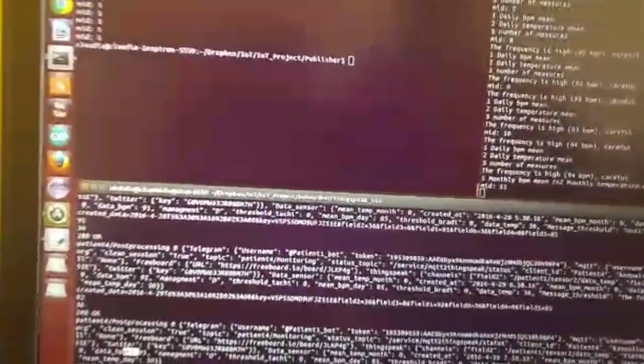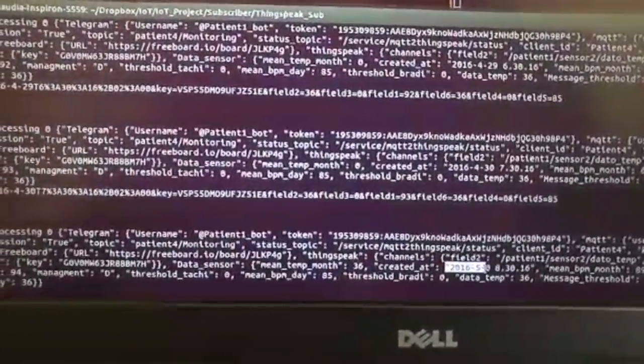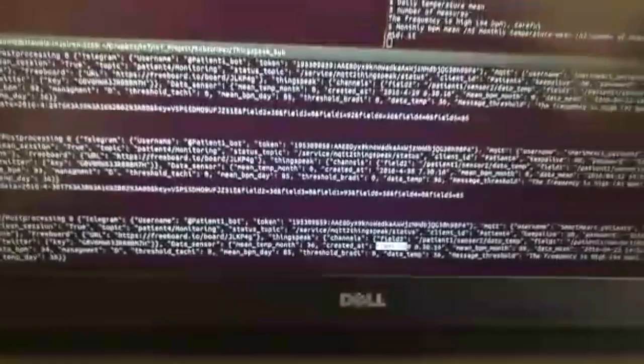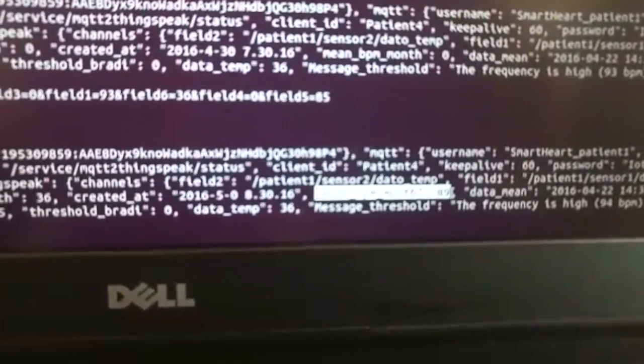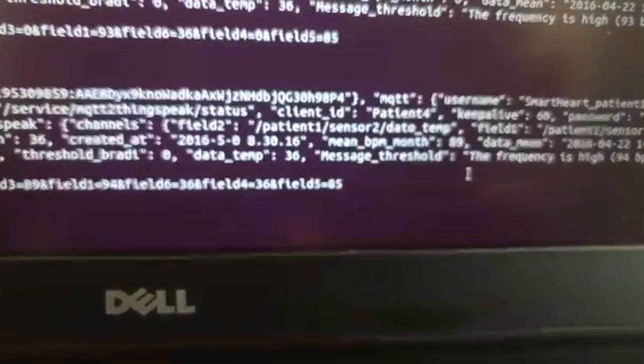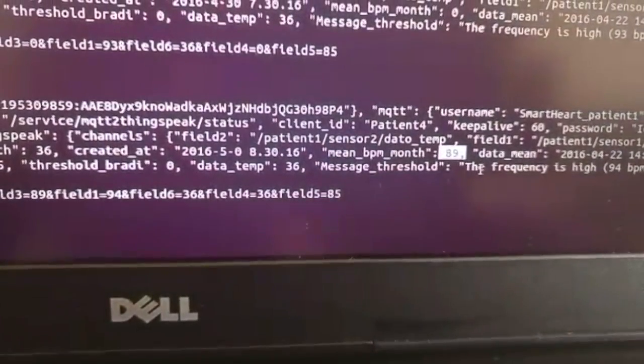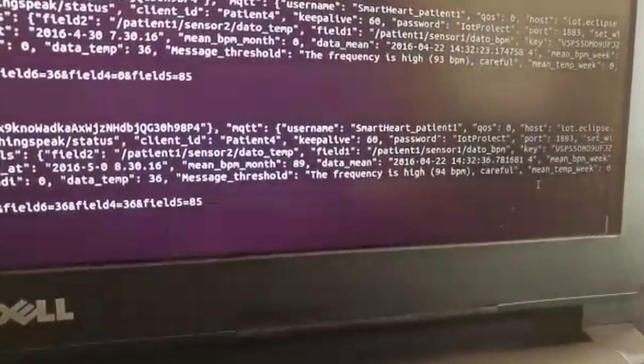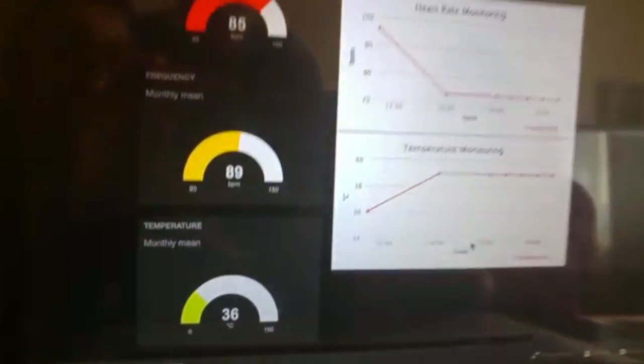So the program has stopped running because it's May, so we can calculate the monthly mean, and it is 89 BPM here. We have also a message because the frequency is high, and on Freeboard we can see that the